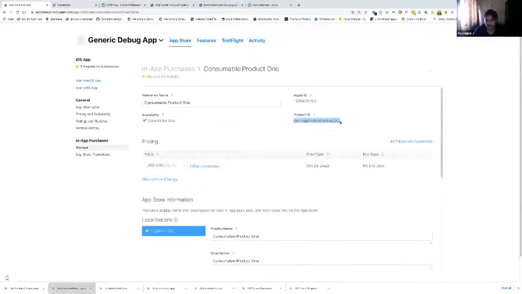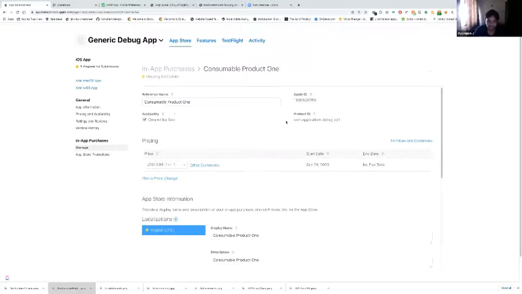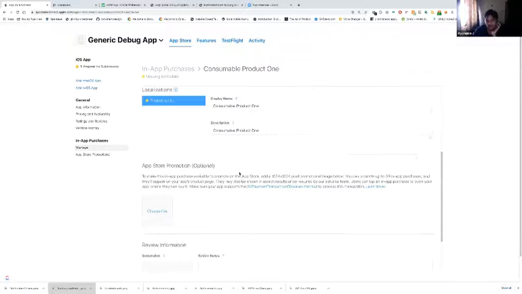This is actually the unique ID that you give to this product. Let's say if your product is for level 2, you mention it like com dot your company name dot app name dot level 2 or something. So it's a normal standard, but it doesn't mean it should be this form alone. It's just a general practice to give a com dot company dot product name kind of style. So yeah, you set the pricing, and that's it.